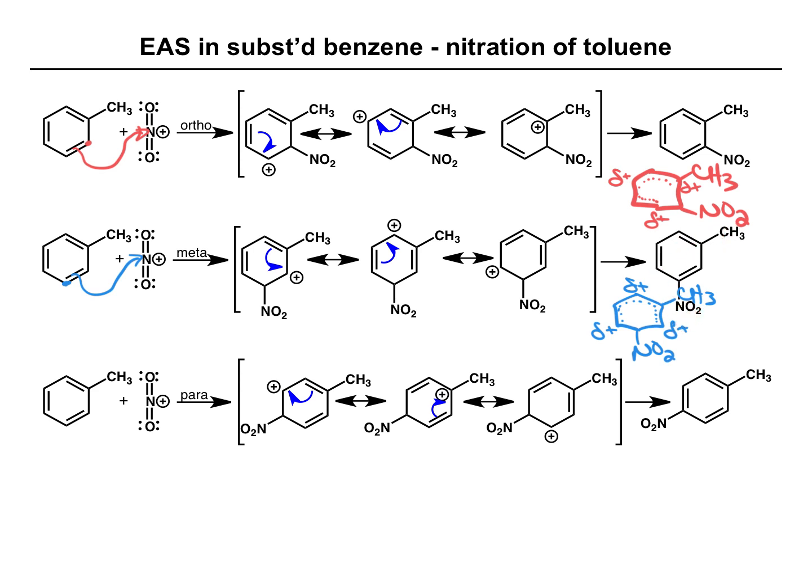The third option is that it's from the para position where the electrons move out so that the carbon becomes connected to the nitro group, resulting in the formation of this carbocation. We can imagine these electrons move over to give this carbocation. These electrons move over to give this carbocation. If we remove a proton, then that leads to the para product. But also we should think about the resonance hybrid, which is going to look something like this. So we have double bond character around here, partial double bond character, and then we have a partial plus,